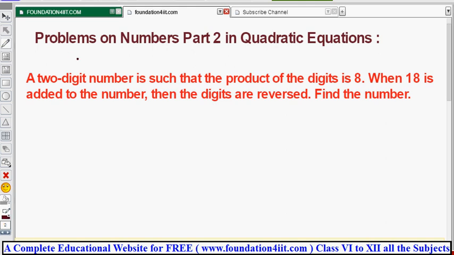Okay, now let us see one more problem on these numbers. Let me come directly to the question. Here is the problem: a two-digit number is such that the product of the digits is 8. This is a two-digit number we need to find out, and the product of the digits is 8. When 18 is added to that number, the digits are reversed. So find the number. When you see any question related to digits, a two-digit number,